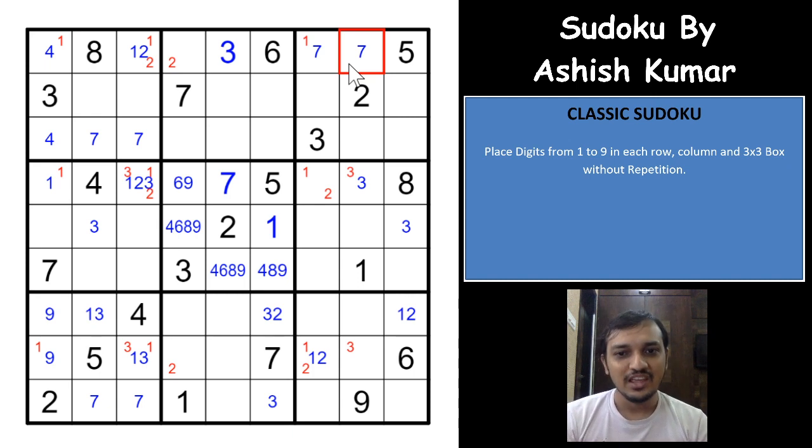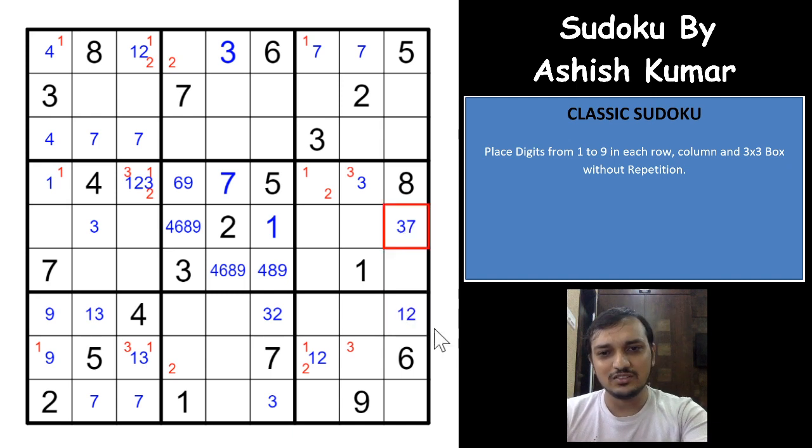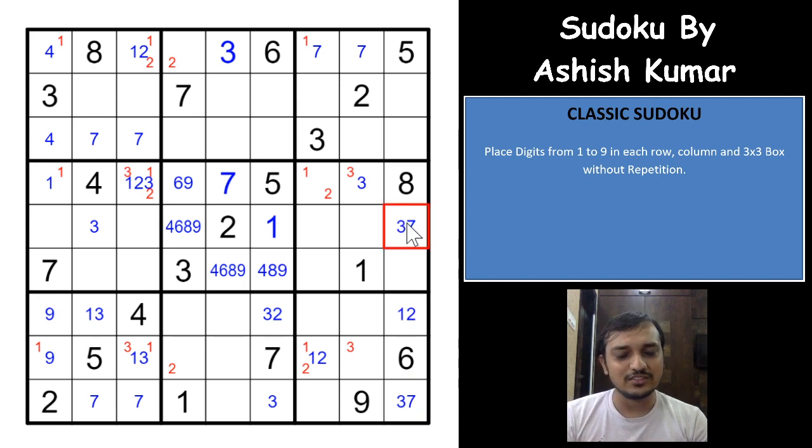Easily. Where can you have 3 and 7 in column 9? So there are only two places that there you can have a 3 and 7. Of course 3 and 7 are not possible here, because 7 would have to be in one of these two cells and already have a 3 here, right? 3 and 7 is not possible here as well, and it is not possible here as well. So the only two places for 3 and 7 is these two places, right? 3 and 7 can only be in these two places. So you have a hidden pair of 3 and 7 in column 9, right?